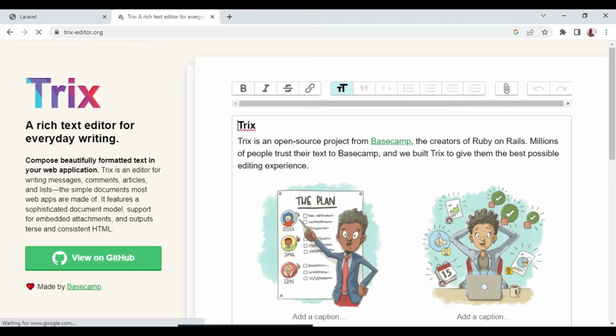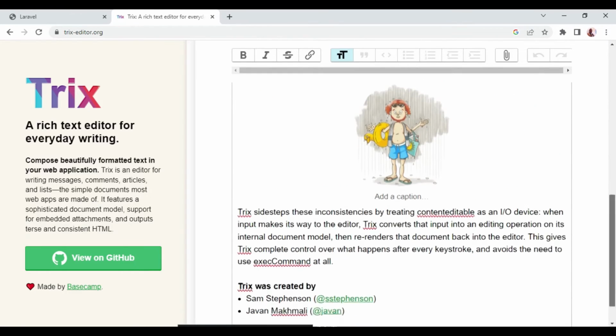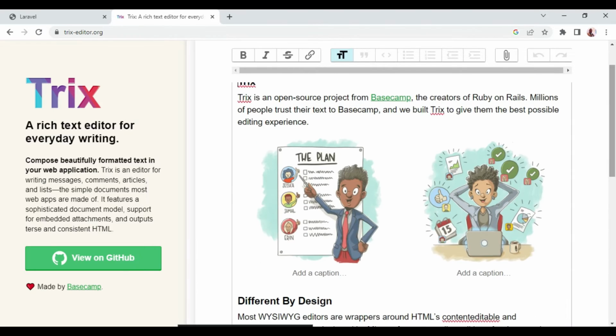This first link that we get is a page for Trix, and I want us to just view it on GitHub because that is where we have the documentation, but actually you can see how the editor looks. So I will click view on GitHub,